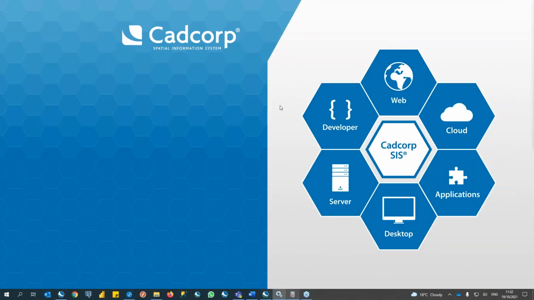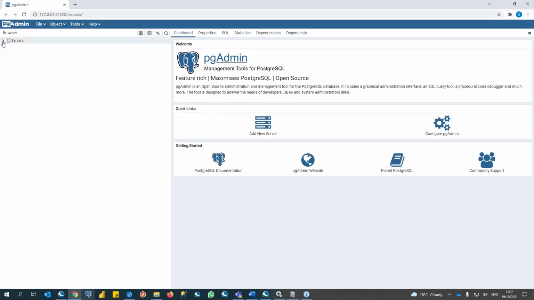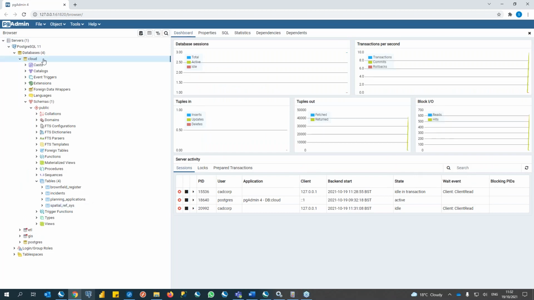Now, instead of just returning back to the desktop GIS and showing you those data sets in the desktop GIS, I'm actually going to launch the PostGIS database management tool, and that is available in the browser. And I've got a connection here to my database in the cloud. So this is my cloud database, and then under the table tree here, we can see 3 data sets. So we've got the brownfield register table, which I exported manually via the desktop GIS, but we now have the 2 data layers, the incidents and the planning applications, in the database as well, which I uploaded via the